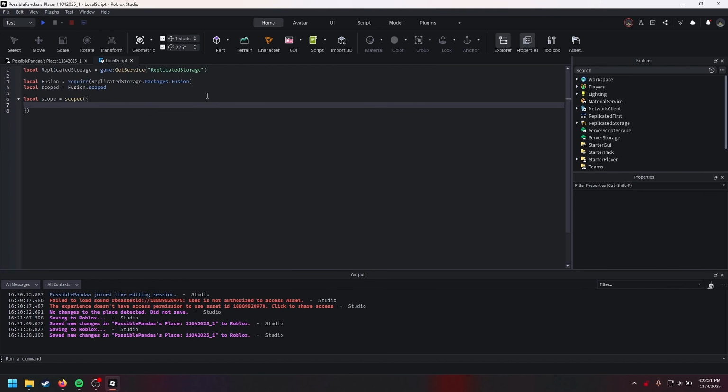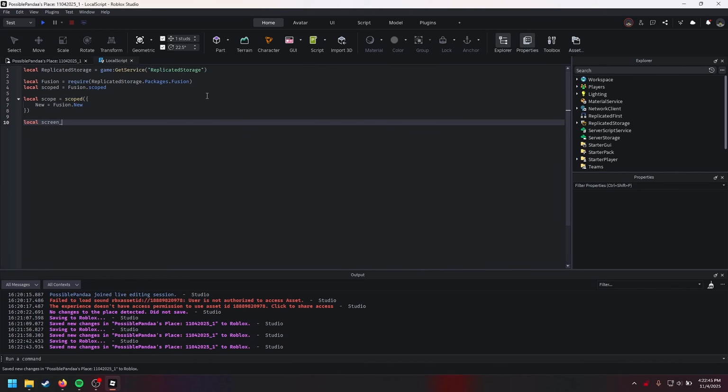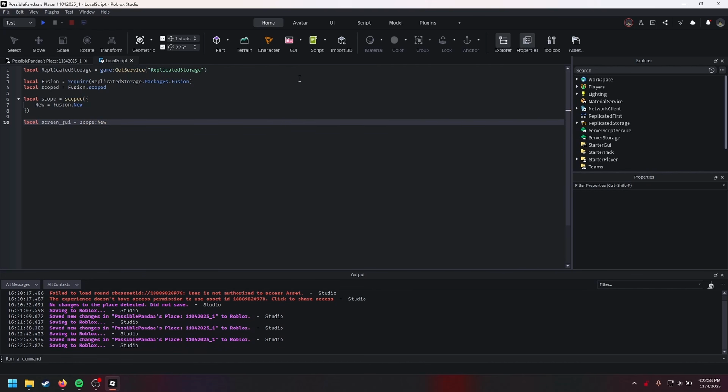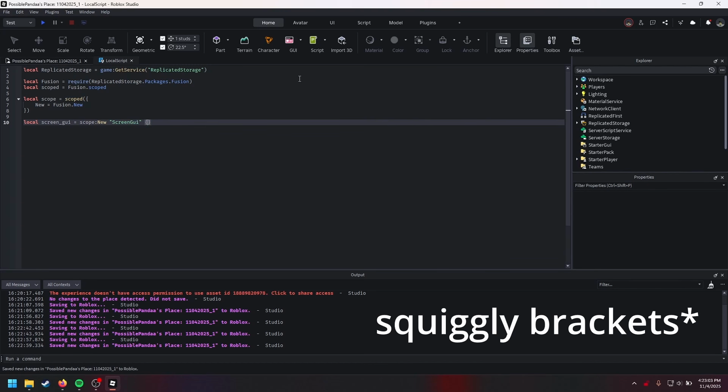So to create an instance, like to create a ScreenGui or a Frame or anything, you're going to use new. So if I go ahead and do new equals fusion.new, now what we can do is we can simply, okay, Roblox's AI keeps trying to suggest me stuff, but that's not the point. We can do scope:new, and then quotes, ScreenGui, and then square brackets after